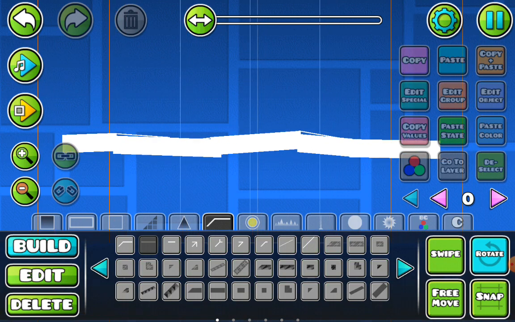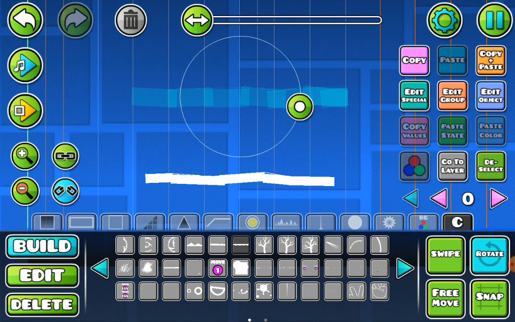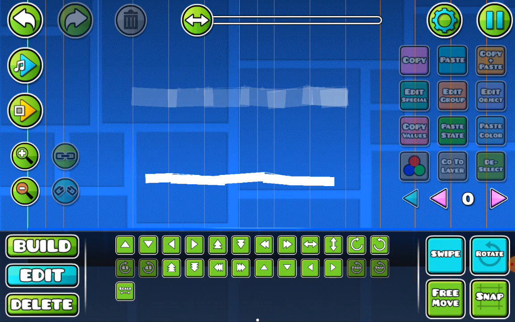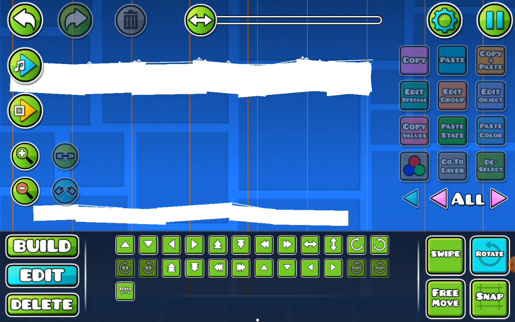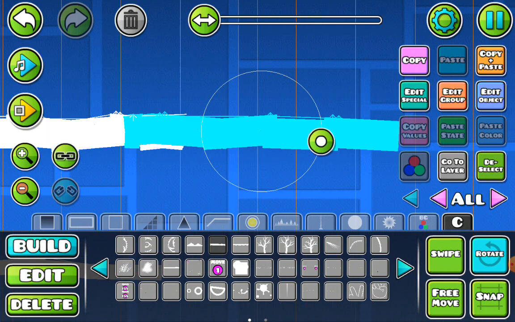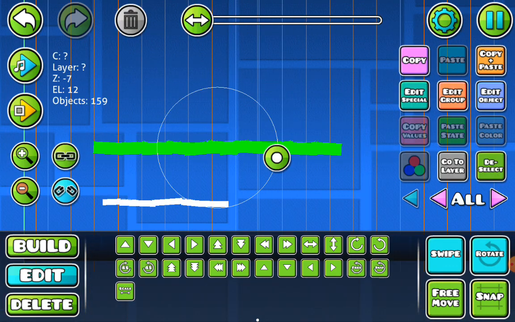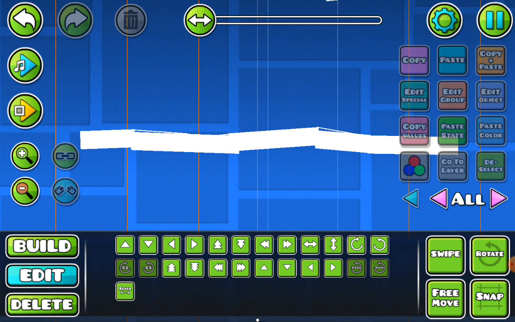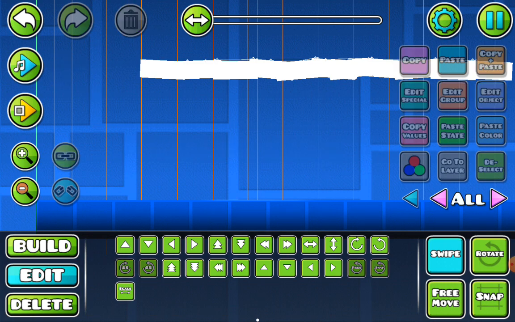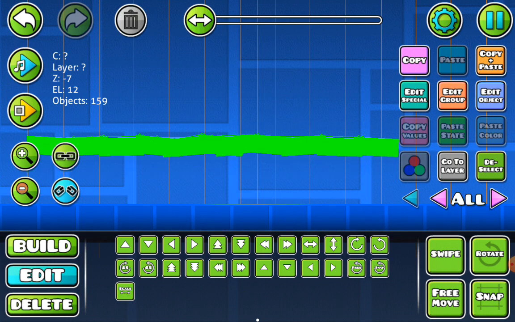Okay, so that's kind of a base. I already have one saved previously, so I don't really need to recreate it, but this is what it could turn out to be. It's pretty simple. And I already have all my background objects saved pretty much, so I don't really have to create anything new. But that's how I did it. I just kind of placed blocks around and shaped it, I guess. So anyway, once you have that and I added the details, you can copy and paste this again